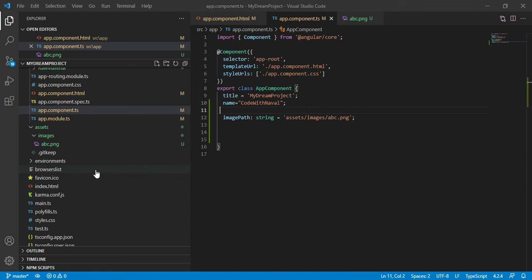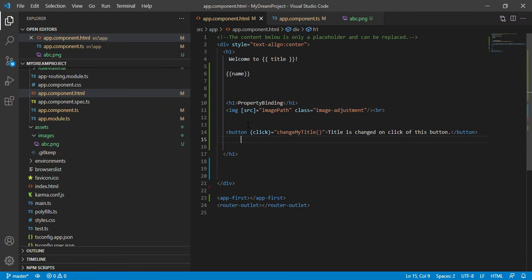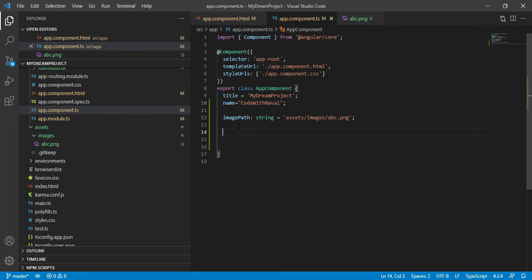Let me copy this button and add it inside the html file. You can see click my title. This button's name is click, and this button's function is click my title. I'll create this function inside this class, and here I'll change the title value.